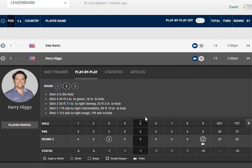On the next hole, which was a par 5, we need to say that par 5s are highly important for the total performance of golfers of this level. His first stroke was not so accurate, but it was a good distance for him. After that, he made a good approach into the right intermediate rough